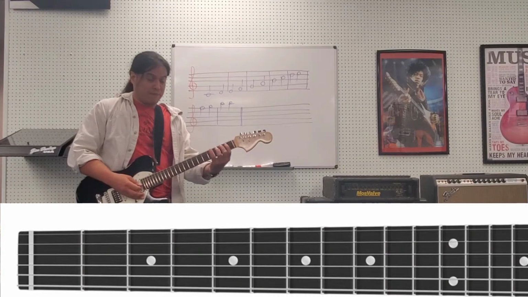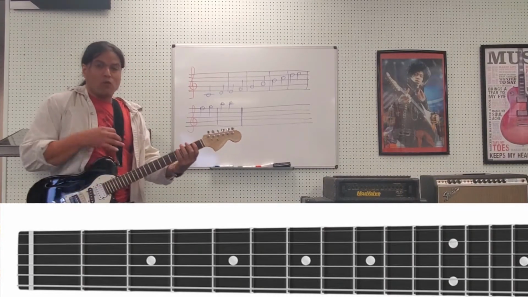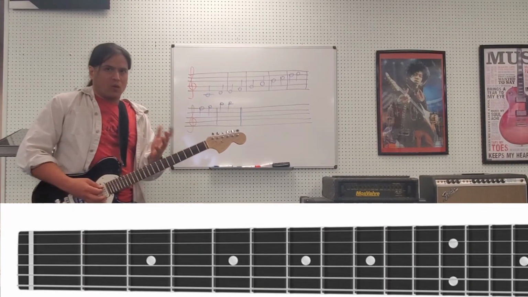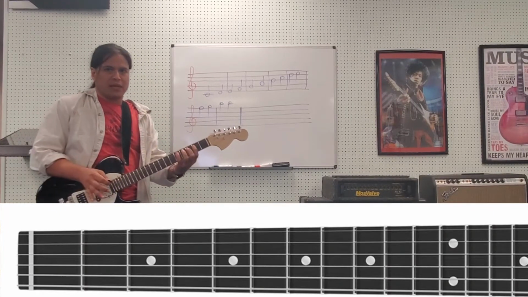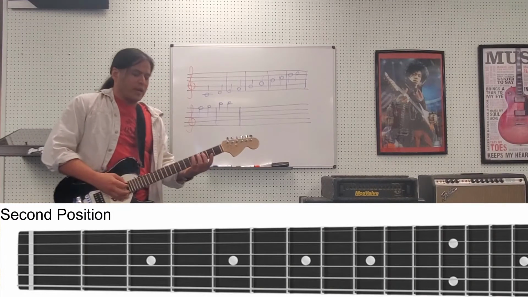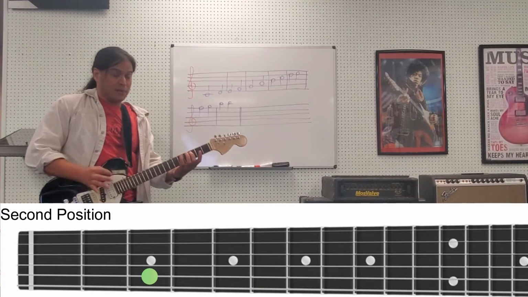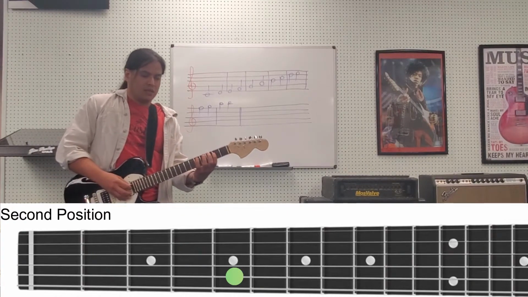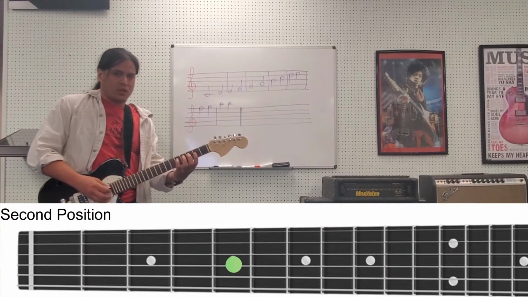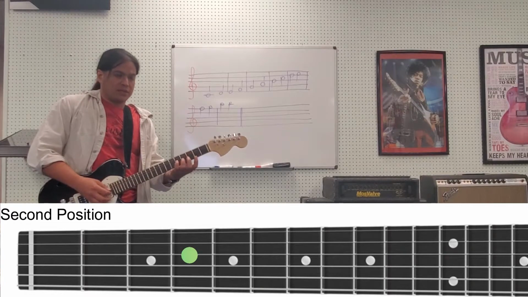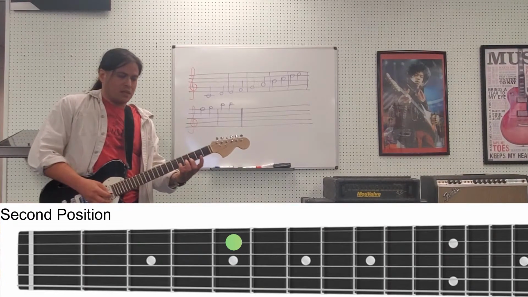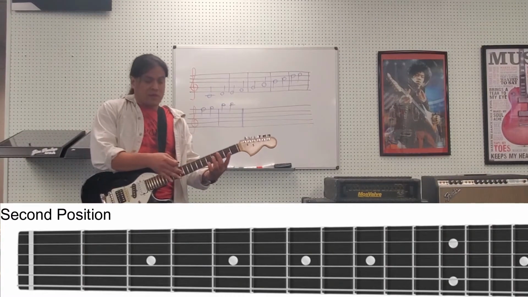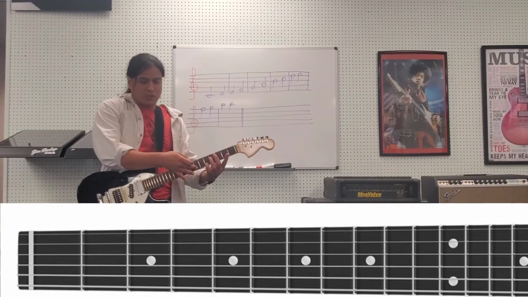from my first position. So if we were to build this scale now in second position, all that means is that we don't have any open strings anymore. So then we have our C, same notes. They look the same on the staff. C, D, E, F, G, A, B, C, D, E, F, G, A. Still haven't made it to B because it's out of position. It's all the way over here.